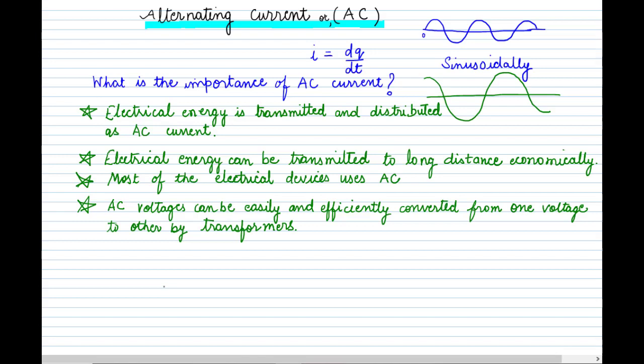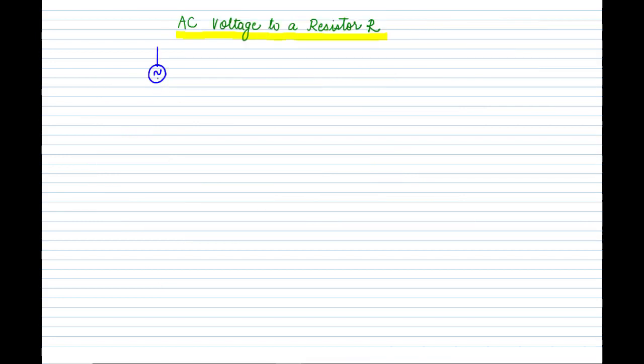So if we use an alternating voltage source and a resistor, how does it behave? So this is our voltage source because it's the alternating current source. So we are using the symbol for AC current. So this is the AC voltage we are representing with the symbol E. And this AC voltage is to be connected to a resistor R. So that is how we draw R, the resistance. So this is the resistance R. So we want to know that if you are using an alternating current source, then how the resistor behaves with it.